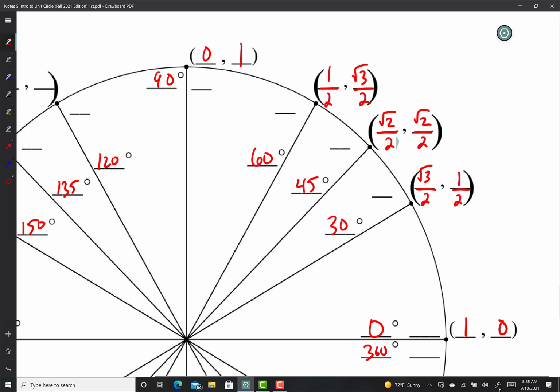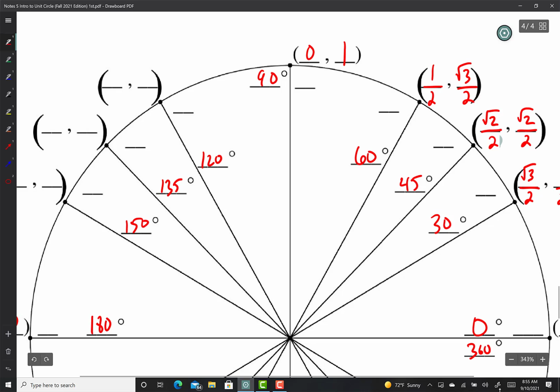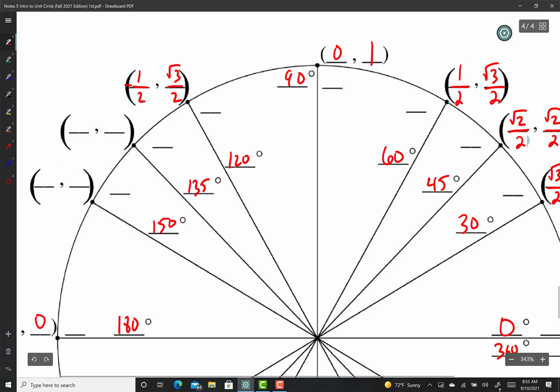Now, it's even better if you remember from your algebra, your symmetry, right? In quadrant 2, what's negative and what's positive? There it is. So start filling in quadrant 2. So just turn the x into a negative. Negative 1/2, square root of 3 over 2. All I'm doing is everything symmetric about the y-axis, guys. In 135, the x is negative square root of 2 over 2, square root of 2 over 2. Negative square root of 3 over 2,